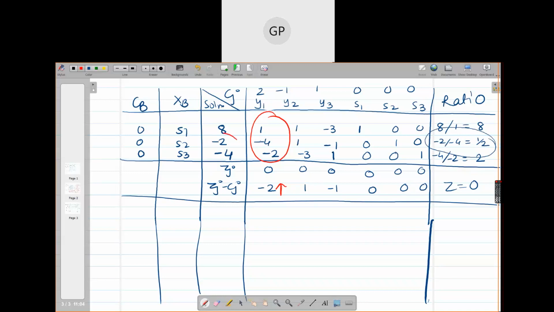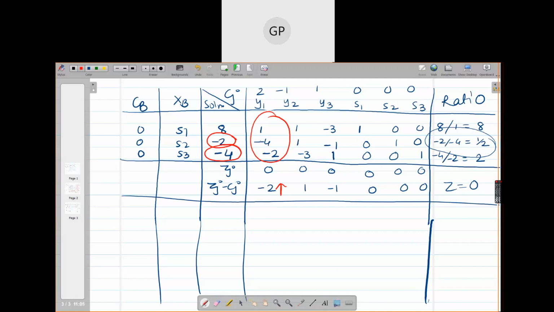Do you understand what I'm saying, girls? Yes, ma'am. These numbers are negative. Usually we don't take them. These numbers are negative, and my pivot column entries are also negative. So many times pivot column entries are negative, but solutions we always try to get positive, right? And here, because the solutions are negative, my ratio is becoming positive. Otherwise, it would have become negative.